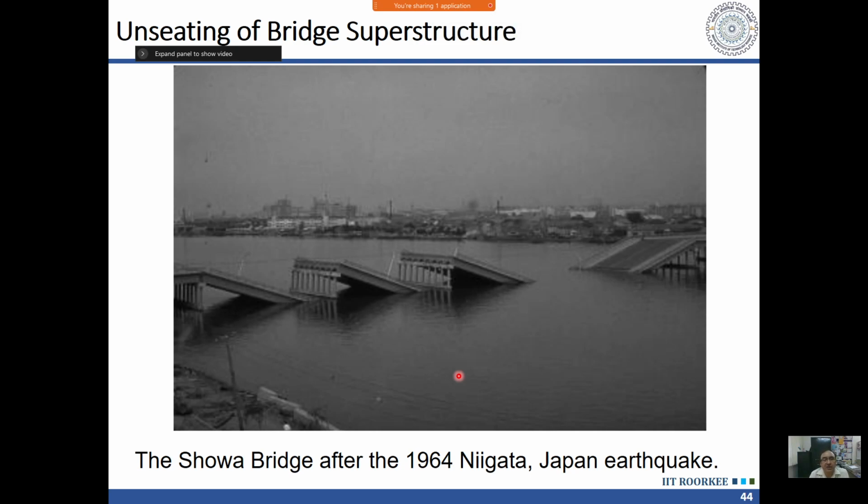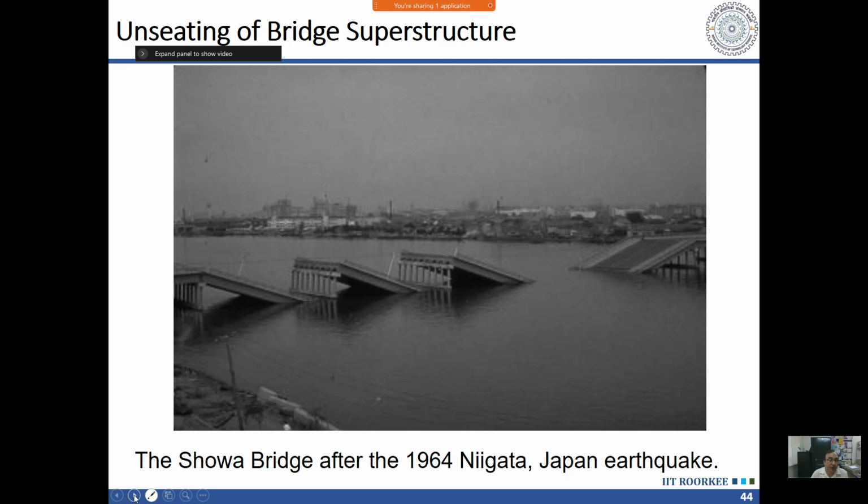Even if our bearings have failed, we can replace the bearings, or perhaps do some repair, but putting back the superstructure will become very difficult. So this has to be avoided, it should not fall. And moreover, if some traffic was on the bridge, this type of failure would cause more loss of life. So this type of failure is to be avoided.